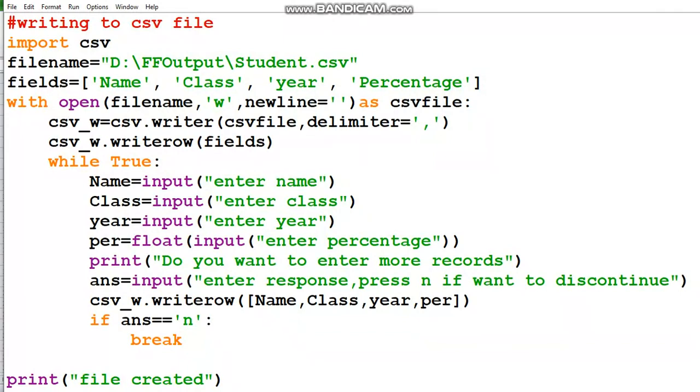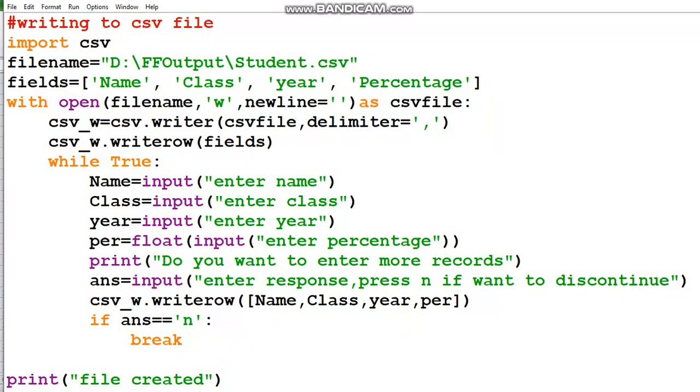And with the open functionality, I am opening the file. Because my file is stored in the D drive in this folder, I have written the complete path.